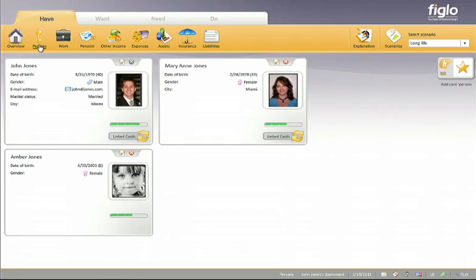So let's take a look at how we enumerate some of these assets in this interface. Here we can see John in a card-based metaphor and the rest of the members of this household. In our usability testing with clients, we found that people really just grasp the idea of cards, and it quickly represents some information. We're also allowing people to take a look at completion meters, giving them a little bit of an incentive to fill out more data so that our calculations are more accurate.